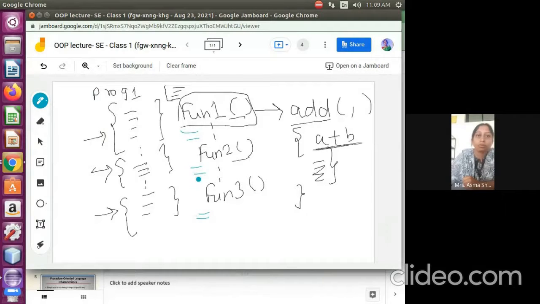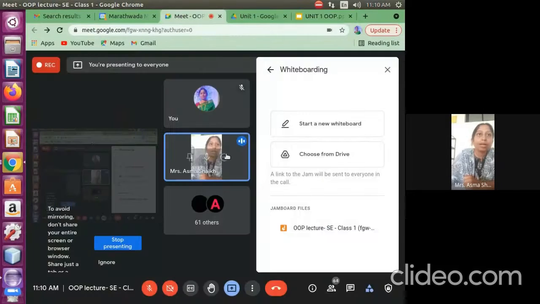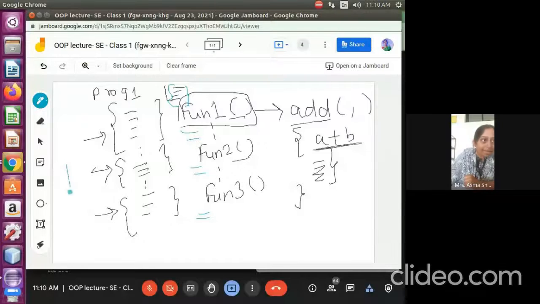It is common. So how do we define this? This data is not local to the function. It is accessible outside the function as well as inside the function. We can observe that most of the functions share the global data. This is my shared pool and here my variables are.